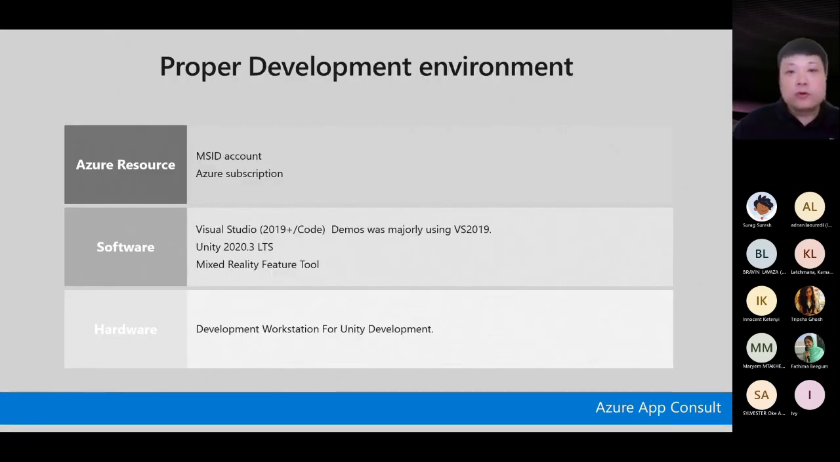Okay. Before you start this session, you may need these resources: an MSA, an Azure account, and also Visual Studio, Unity, and the Mixed Reality Feature Tool if possible. Any hardware capable of Unity development is okay for today's session. Even if you don't have a mixed reality device, and you just have a Mac, an Apple machine which does not